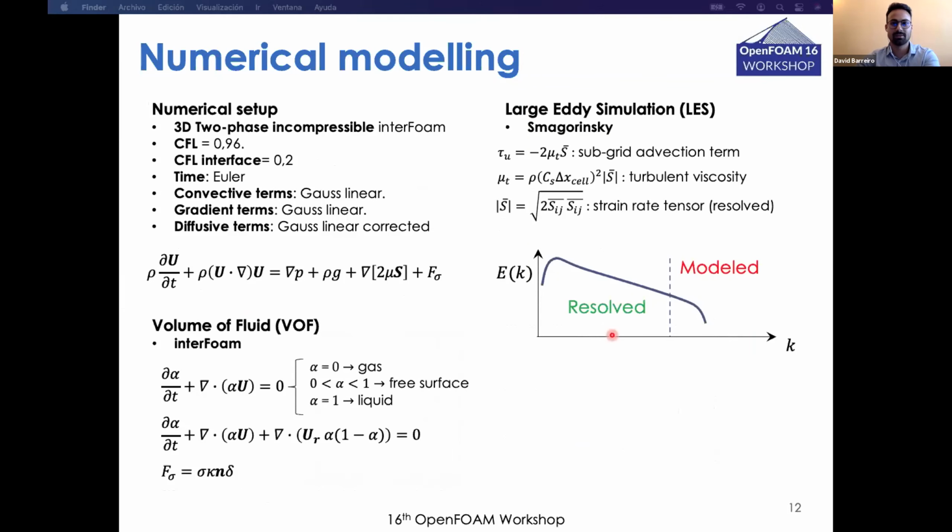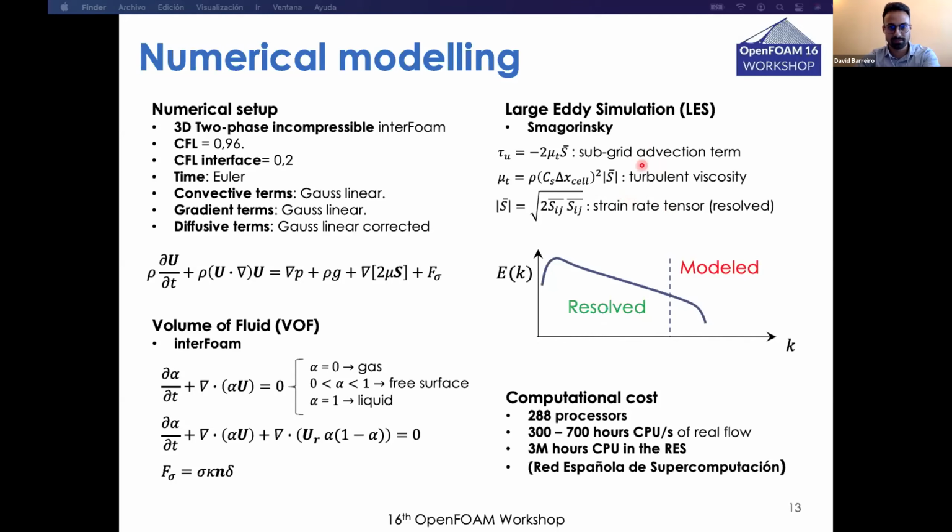I will go very quickly through the mathematical modeling, as it is a very well-known solver in the OpenFOAM community. Basically, we solve for the transport of an extra variable, which is alpha, commonly referred to as the liquid volume fraction. And in this model, we have an interface compression term, which is only active at the interface to limit the smearing of the interface. The behavior of the gas jet is modeled via a large eddy simulation, in which the turbulence is filtered. The large scales are resolved, and the subgrid scales are modeled with the Smagorinsky model.